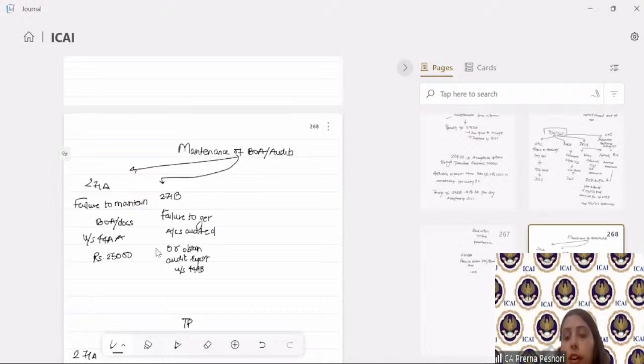So if you fail to get your books of accounts audited or furnish the audit report, then the penalty is going to be